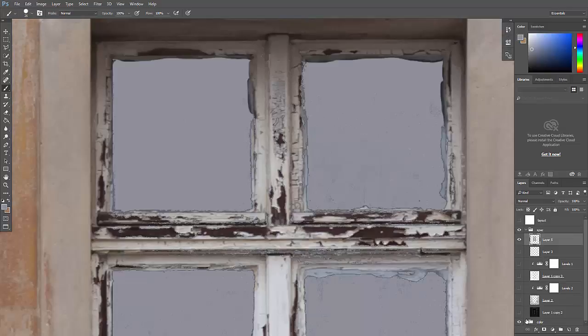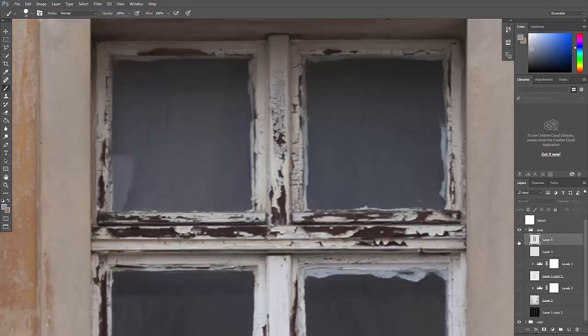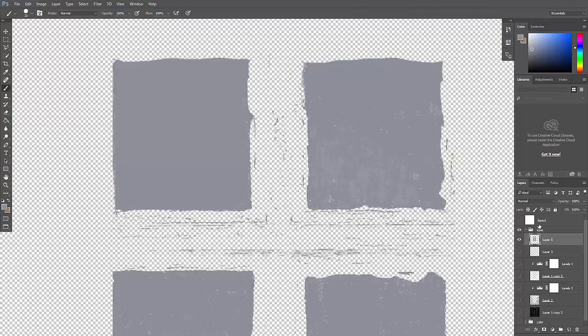No. Oh, it's just a variation, right? It's not really giving me what I want. I want to make sure I have color in here. It's that selection based on the color range that's sort of